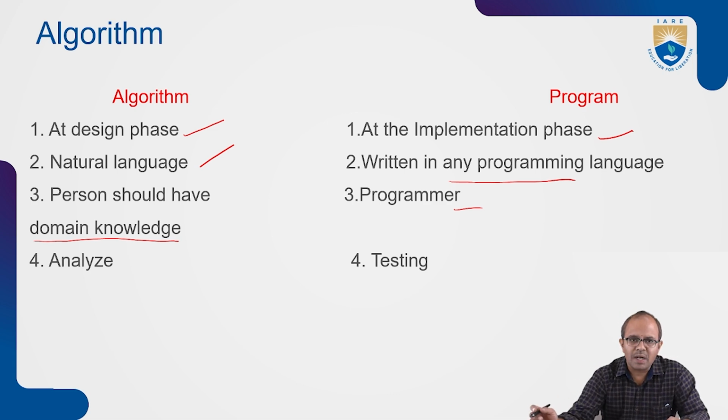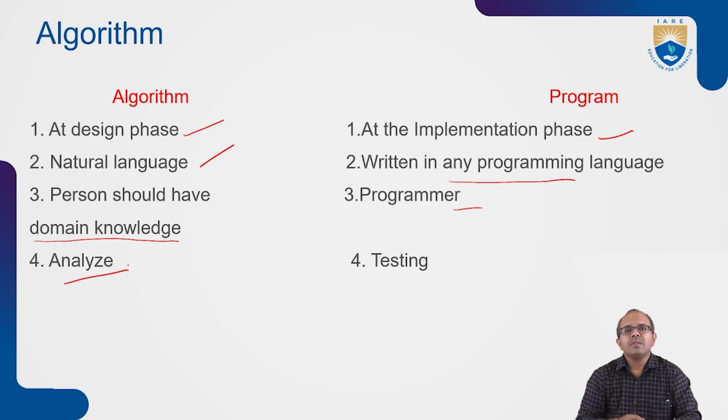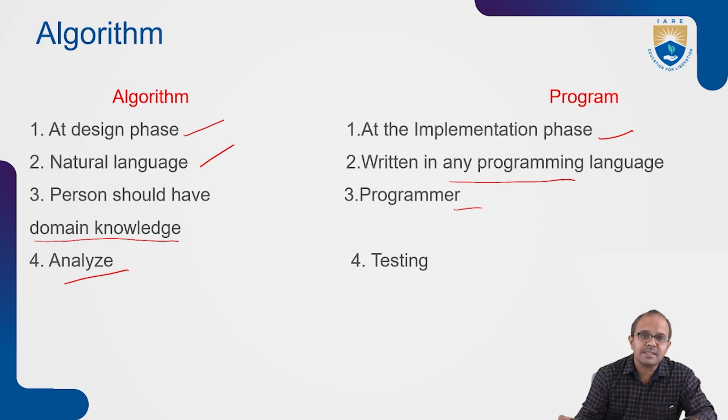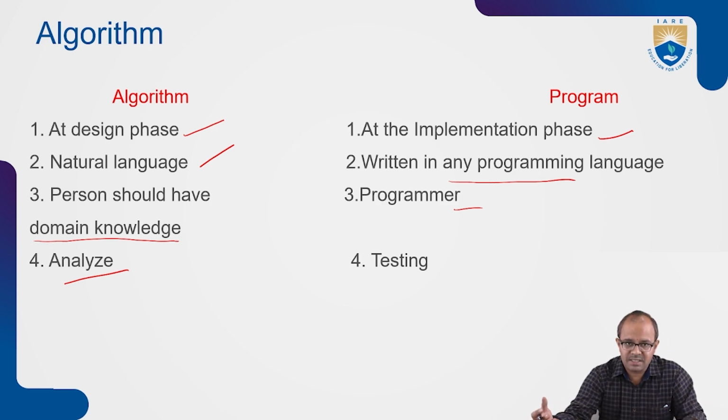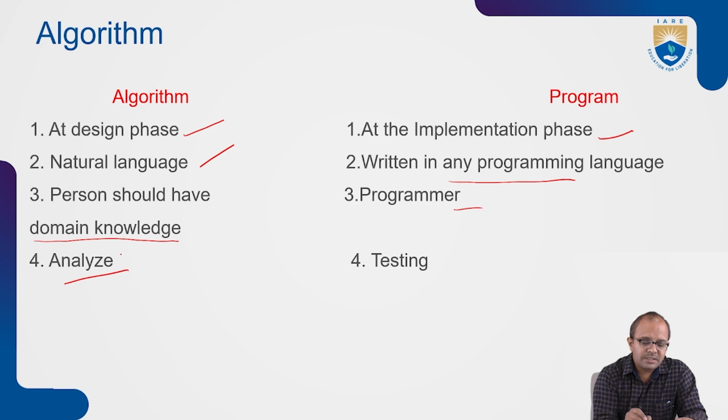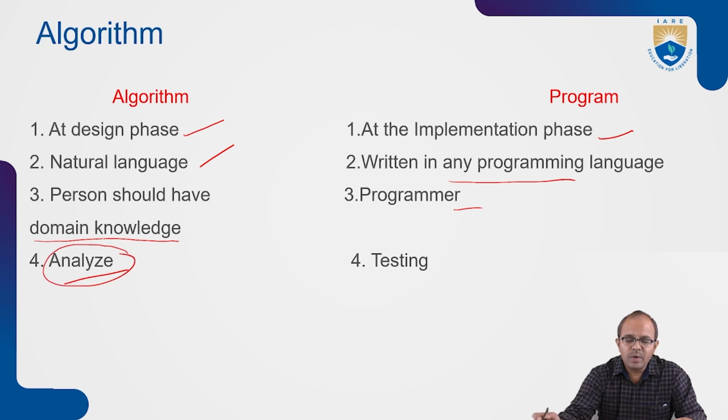Now what can we do at the end of the algorithm design? Once the algorithm is written, we are going to analyze the algorithm. It is always required to analyze the algorithm for several parameters such as time complexity and space complexity. You need to analyze how many variables are required. What is the execution time? What is the amount of memory or space required while implementing the algorithm? So generally we need to analyze the algorithm once it is done.